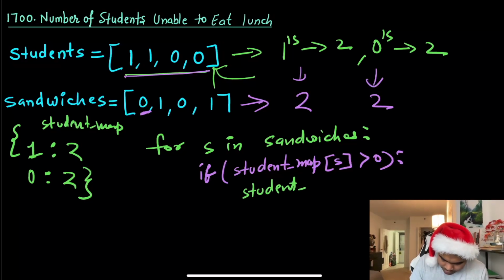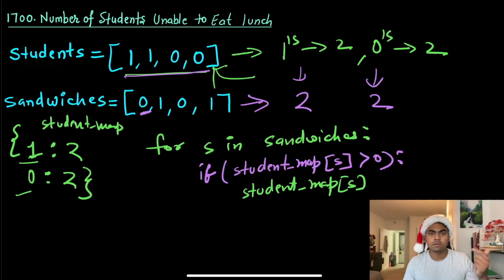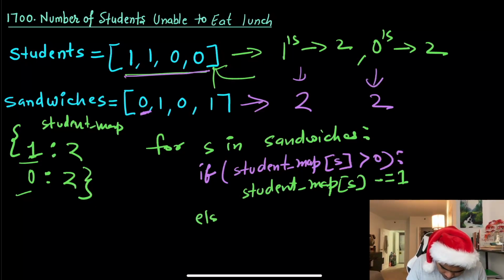So there is one less student of either 0 or 1, because that student was able to find the kind of sandwich they prefer, and that is one student less that will not need one. Otherwise, in the else case,